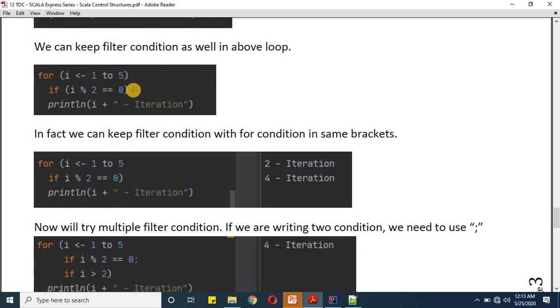Now if you see the above example, we have kept this filter condition in a separate statement, but we can actually club it together with for itself. So if you see here, I'm defining for, I have opened the bracket and then I've given the same condition, and then inside the for only, in the second line, we are defining the if condition, which is exactly the same as we have done earlier. So in this way also you can define your for logic with filter condition inside. And when you execute this logic, Scala will get you this outcome which is as expected.